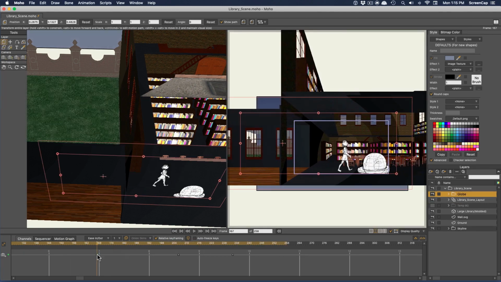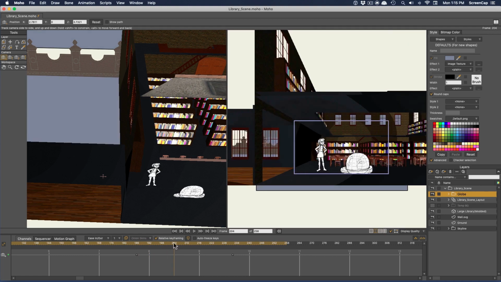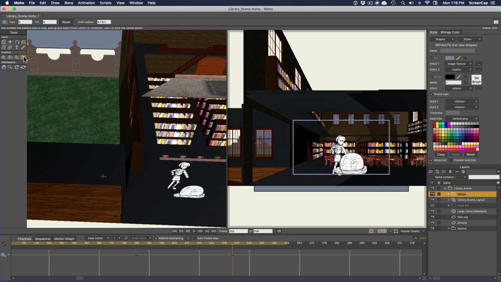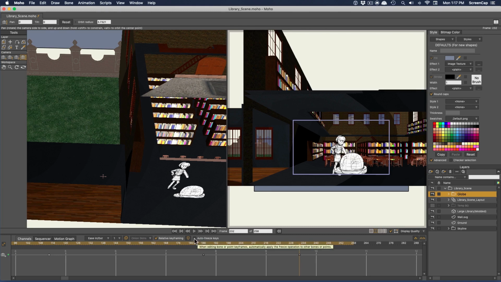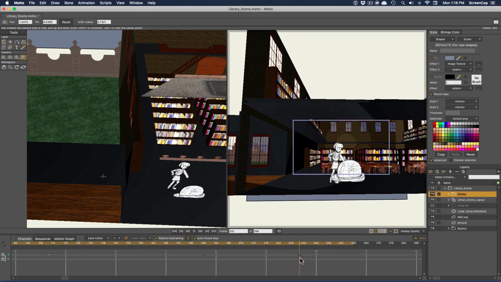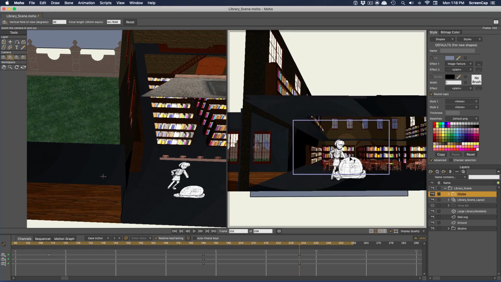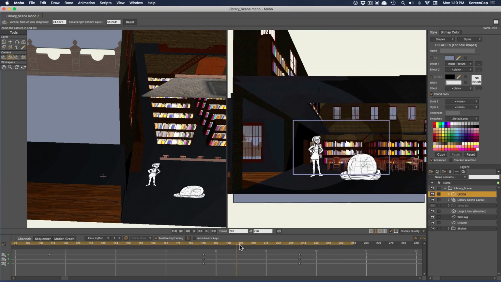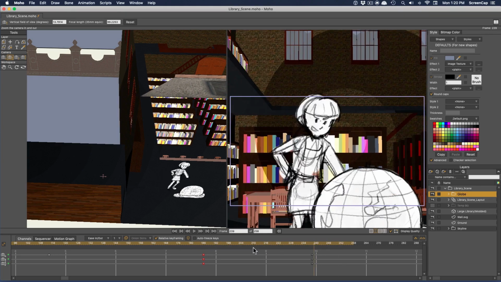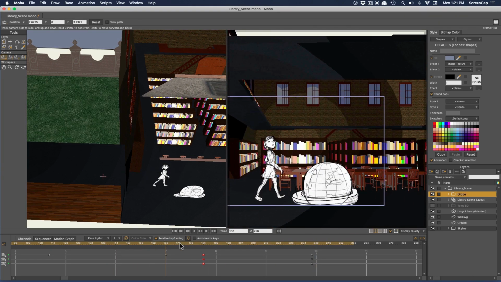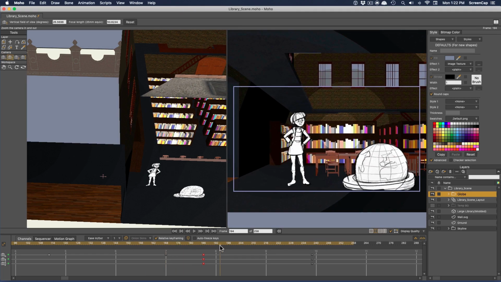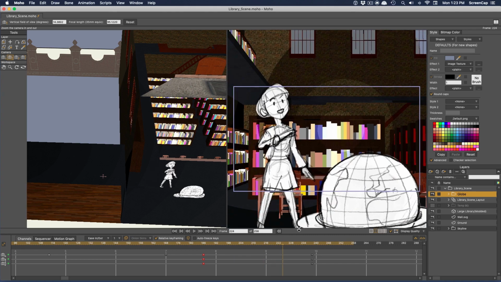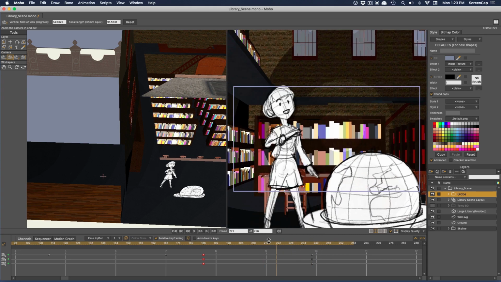Then I can use the zoom camera tool to get tighter on her and the globe. I also think I might want to try using the pan tilt tool here to give us more of an upshot. That gives us a better look at the library, and we may as well take advantage of the fact that we have a 3D set and can move the camera like this. Okay, so that walk-up looks good, and she's at the right place in the frame for all these parts of